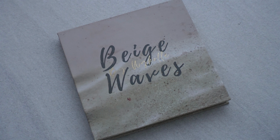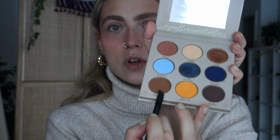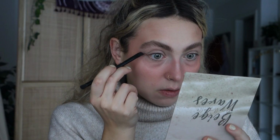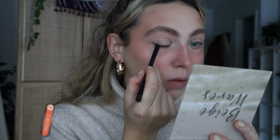And for the brown eyeliner, I'll be using an eyeshadow, and I'll be dipping into this Beige Waves eyeshadow palette, and I'll use the shade called Sandcastles, which is this brown. I'll kind of start from here, and I really want just a tiny wing, like I don't know if you can see, just a really tiny wing, and then I just kind of try to connect it down,